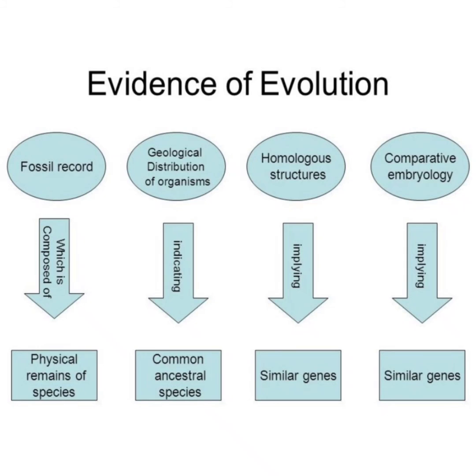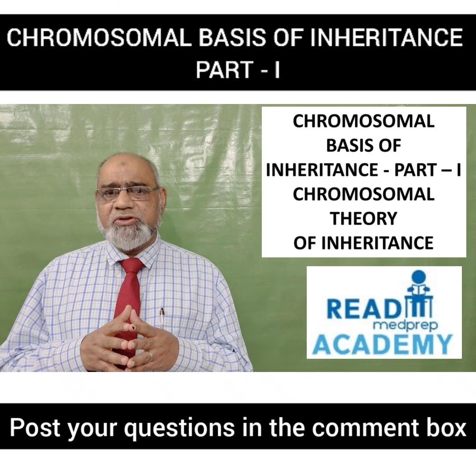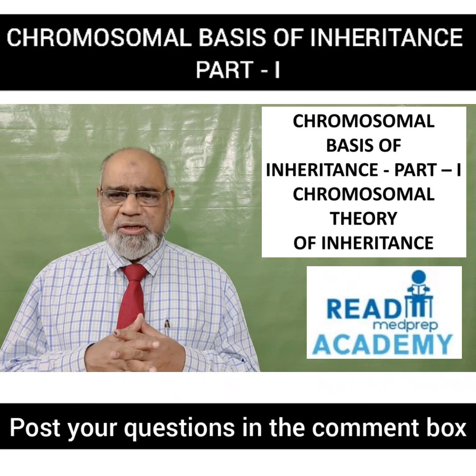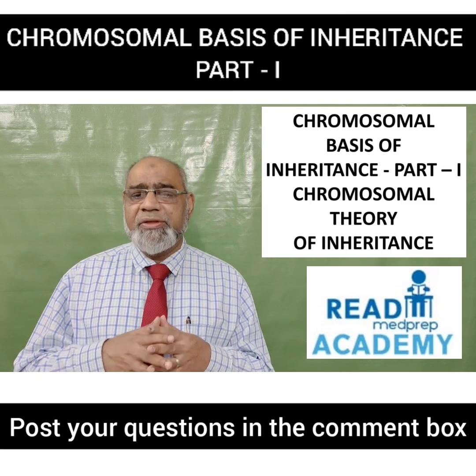So, fossil record is composed of physical remains of species. Geological distribution of organisms indicates the common ancestral species. Homologous structures imply similar genes. Comparative embryology implies similar genes. So today in chromosomal basis of inheritance part 1 we discuss about the chromosomal theory of inheritance and the different